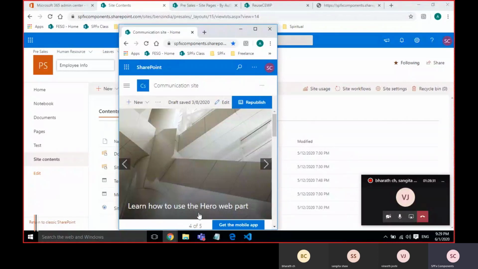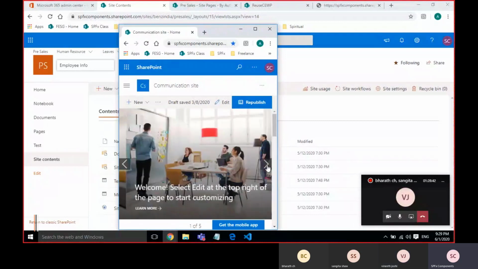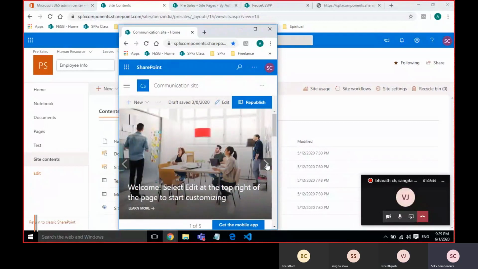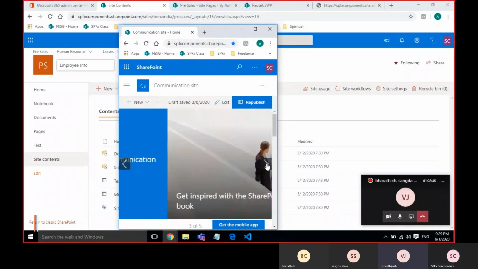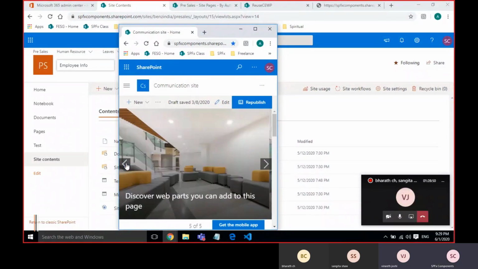And here, learn how to use the hero web part. Yeah, I can see. So where is the carousel here? I mean, see here. I'm just rotating the images, right? Okay. This is the carousel.